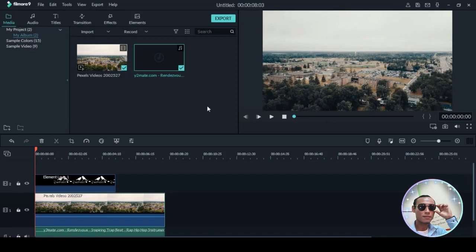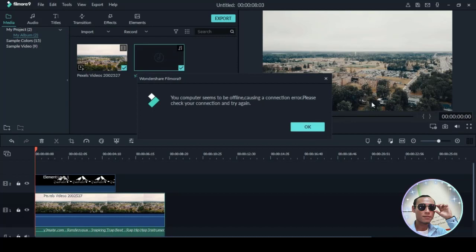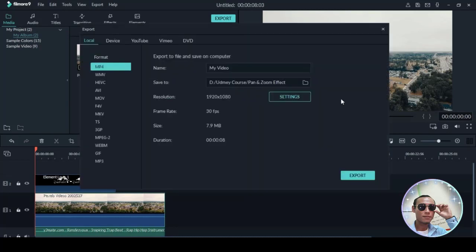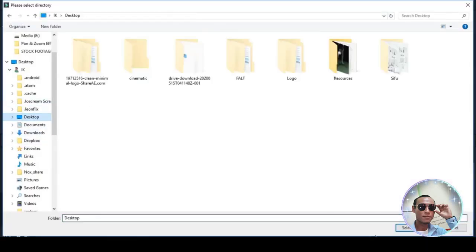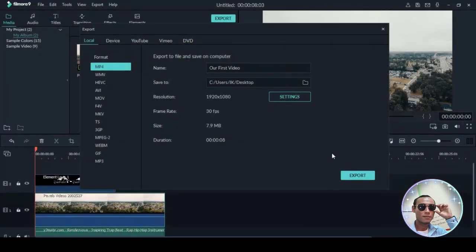So in order to export the video, simply click here, export, and then a new window will appear. Here you can set the name of the video. Let's say our first video. From here you can choose the path where your video will export. So let's change it to desktop and simply click on export, and from here you can choose the format of your video, like what kind of